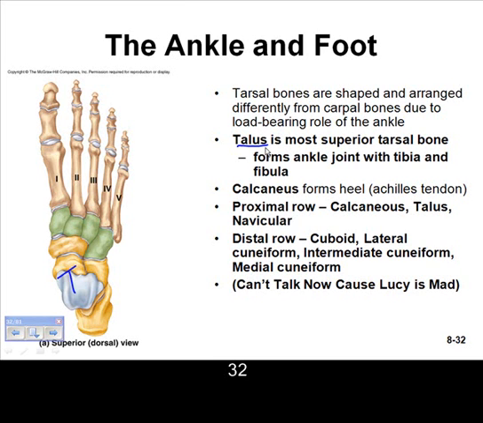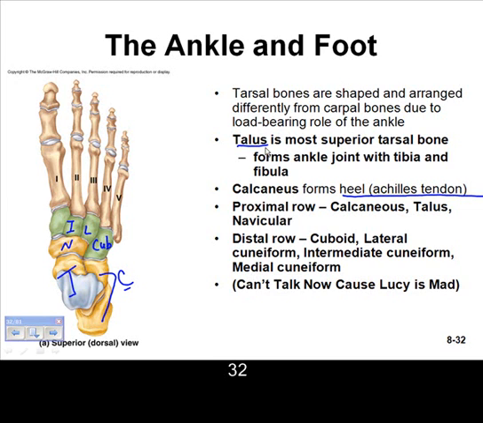The calcaneus, of course, forms the heel, and you have the Achilles tendon attached to it. So the proximal row, you have the calcaneus, you have the talus, and you also have the navicular bone. Then the distal row, you start to have the cuboid, you have the lateral,